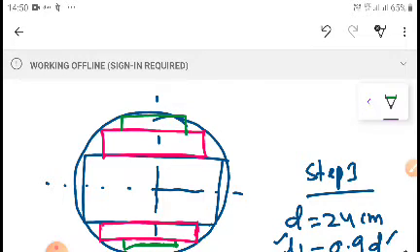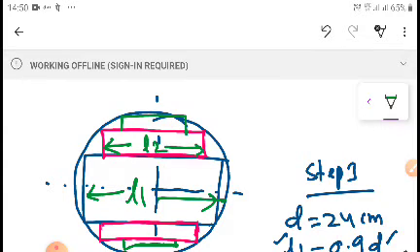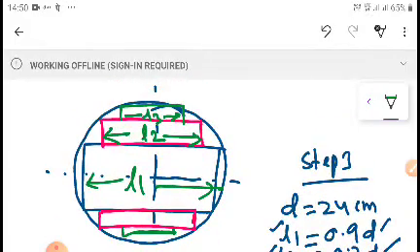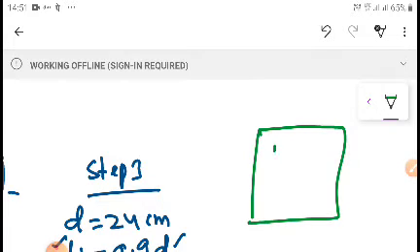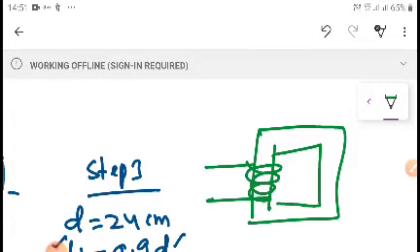Okay. So you know this is the L1 length, this is the L2, this is the L3. Draw the core, a simple core. It's just like the previous case. Now in this case, you will give the internal diameter of the LT winding. So we know that this is a core, the core of the transformer, on which we are going to wind the winding.